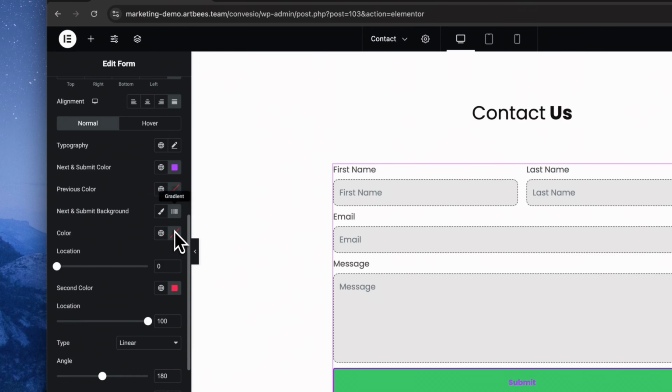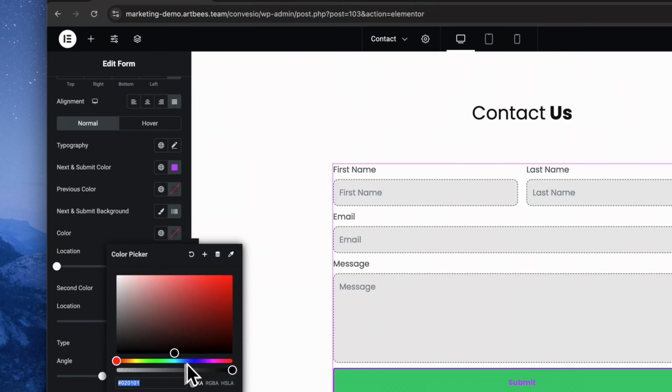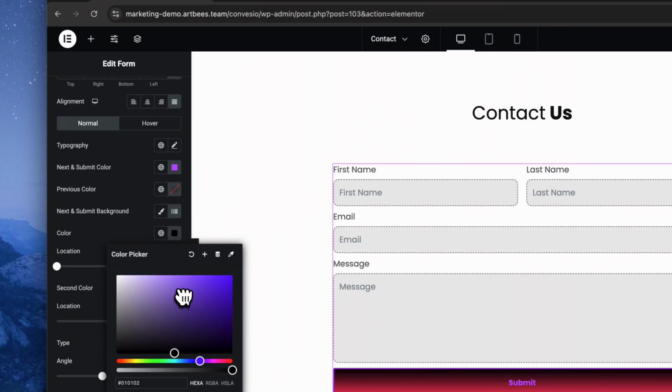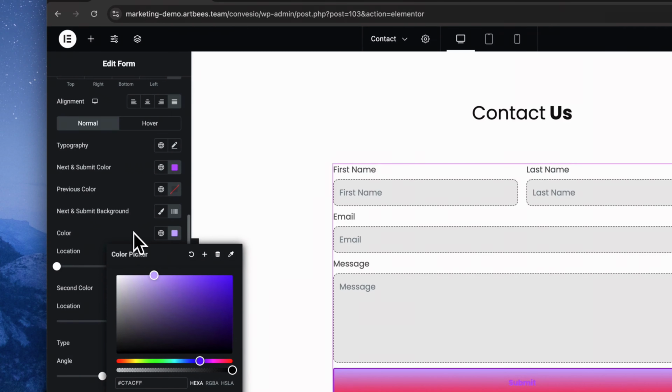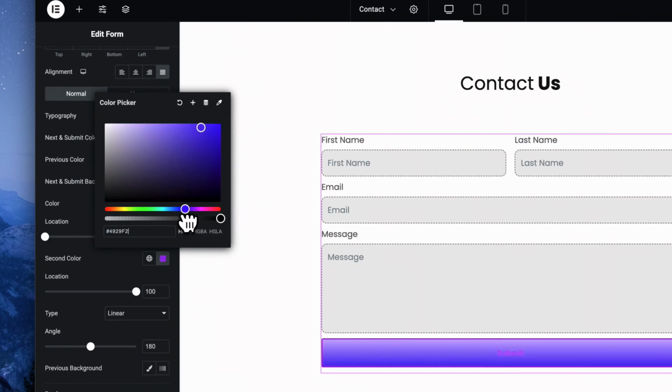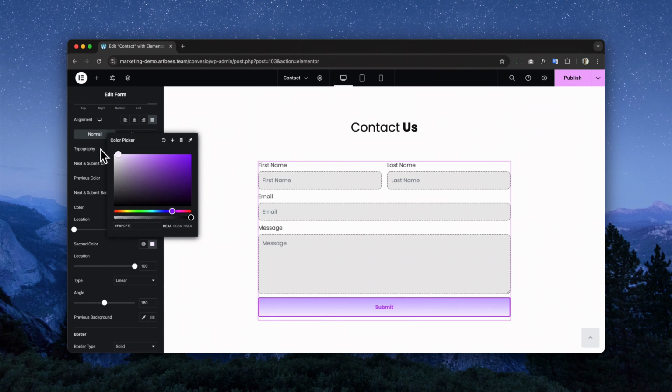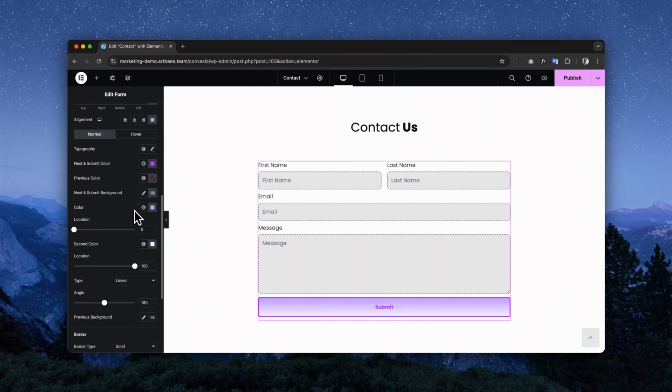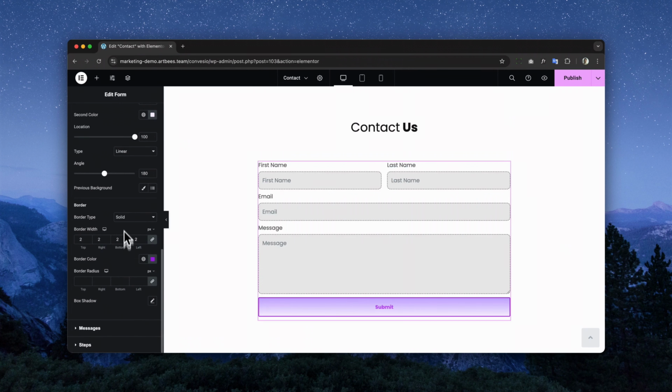I'm gonna go with a white to violet gradient for this button background. Ooh, looks dope! I think we're all set with the form's visual appearance.